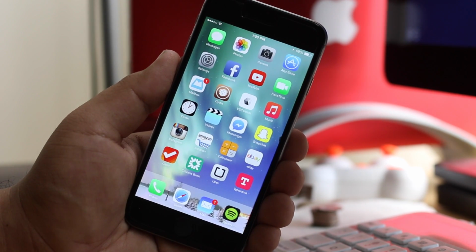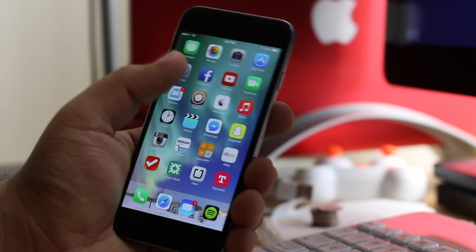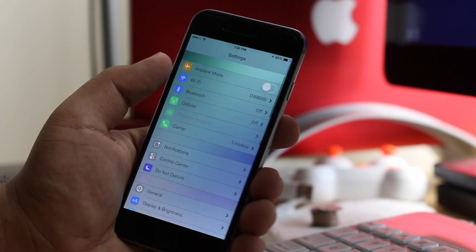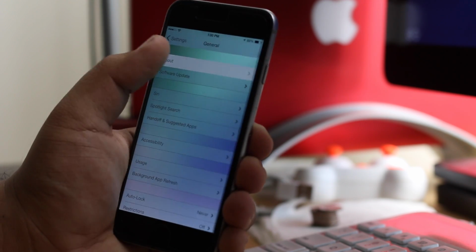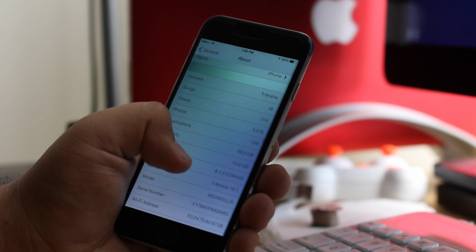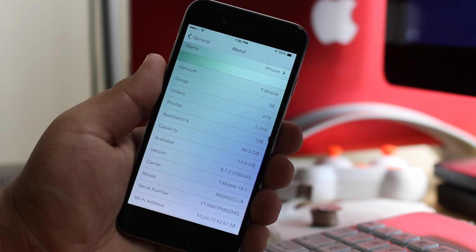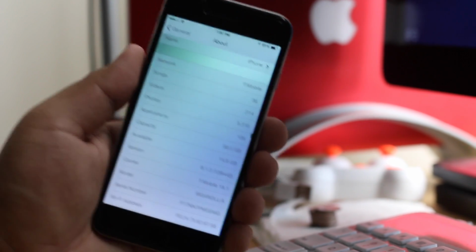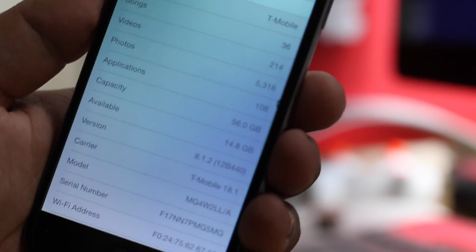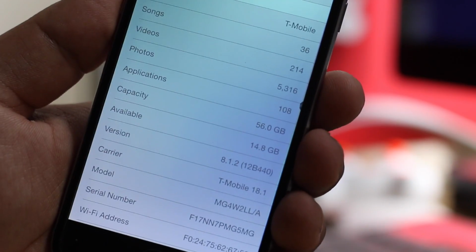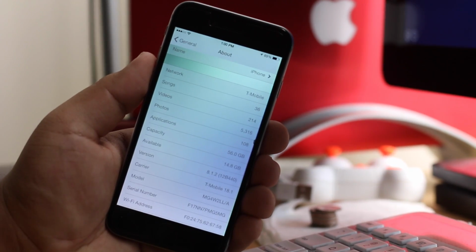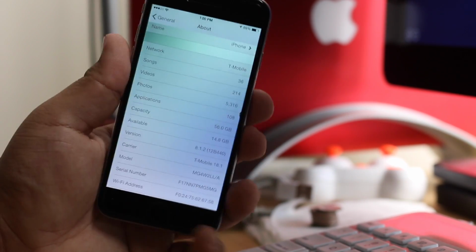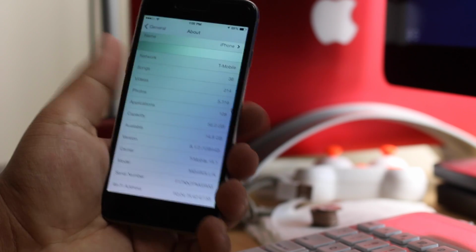Now just to clear things up, people in the last video thought I was on iOS 8. I am actually on iOS 8.1.1, I believe. I haven't actually checked, it's been a little while. No, 8.1.2 is what I'm on. That is the iOS version that I am using, as you guys can see right there. 8.1.2, and today I have a couple other Cydia tweaks to show you guys, and we're going to start with